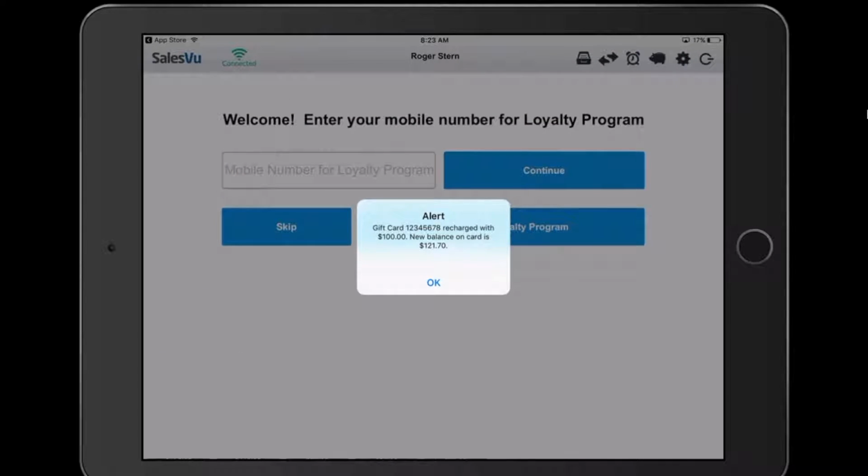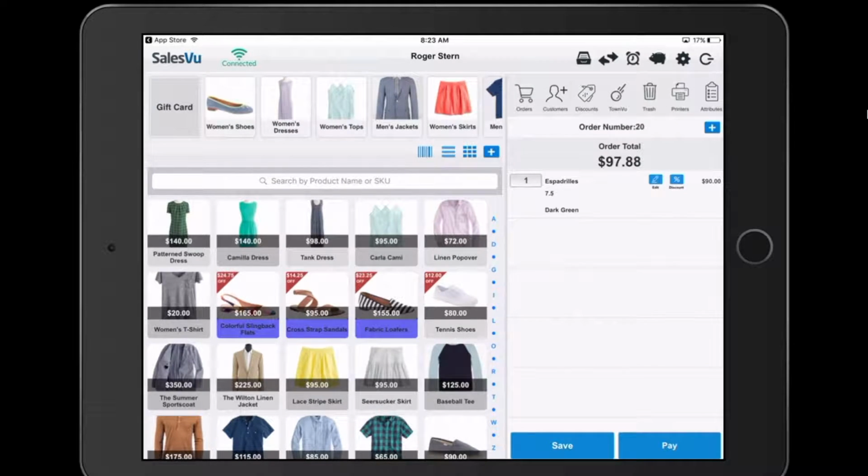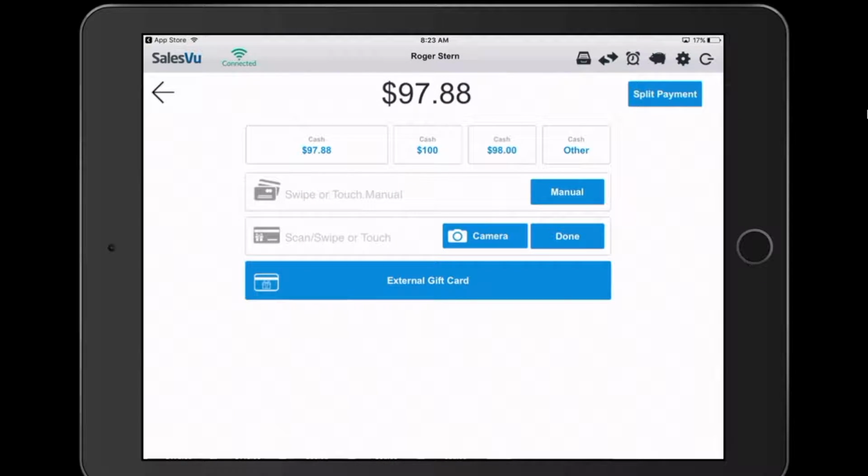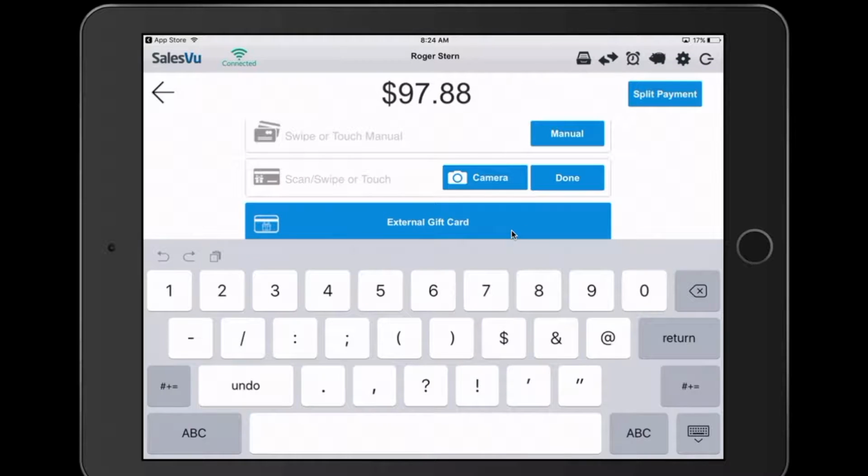You'll see this alert that gift card number has been recharged and what the new balance is on that gift card number. You can also take a payment by gift card very easily. Simply click Pay. On the payment screen, you can activate the camera again here and use the iPad camera to scan the barcode on the gift card, or you can use an external scanner to scan this. Alternatively, you can manually enter the gift card number,